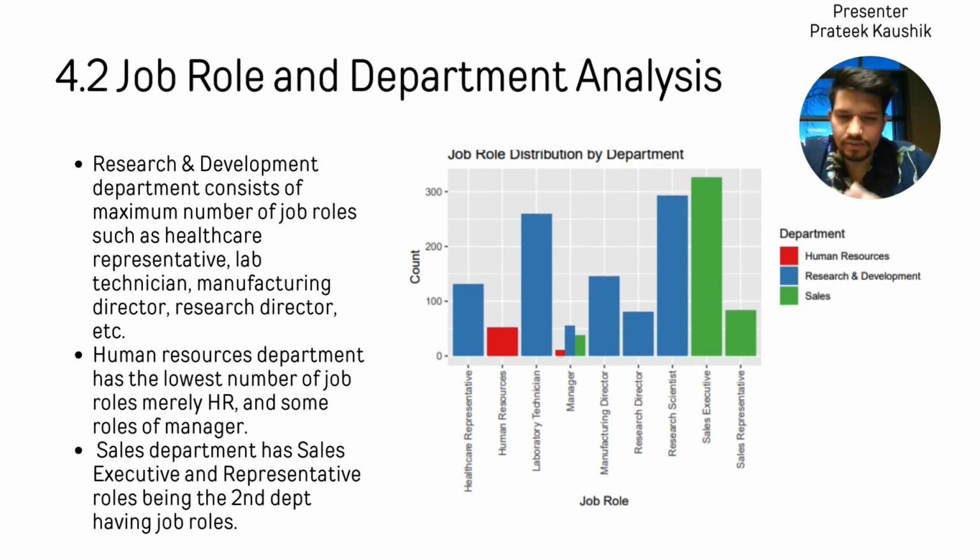sales executive roles are exclusively found in the sales department by looking at the bar chart, indicating a specialized function within the department. Conversely, research scientist positions are predominantly concentrated within the R&D department, emphasizing the alignment of role with the department focus. And certain roles such as HR are contained within their respective department, as indicated by the distribution. So this visualization offers valuable insights into the organization structure, delineating how job functions are distributed across various departments within